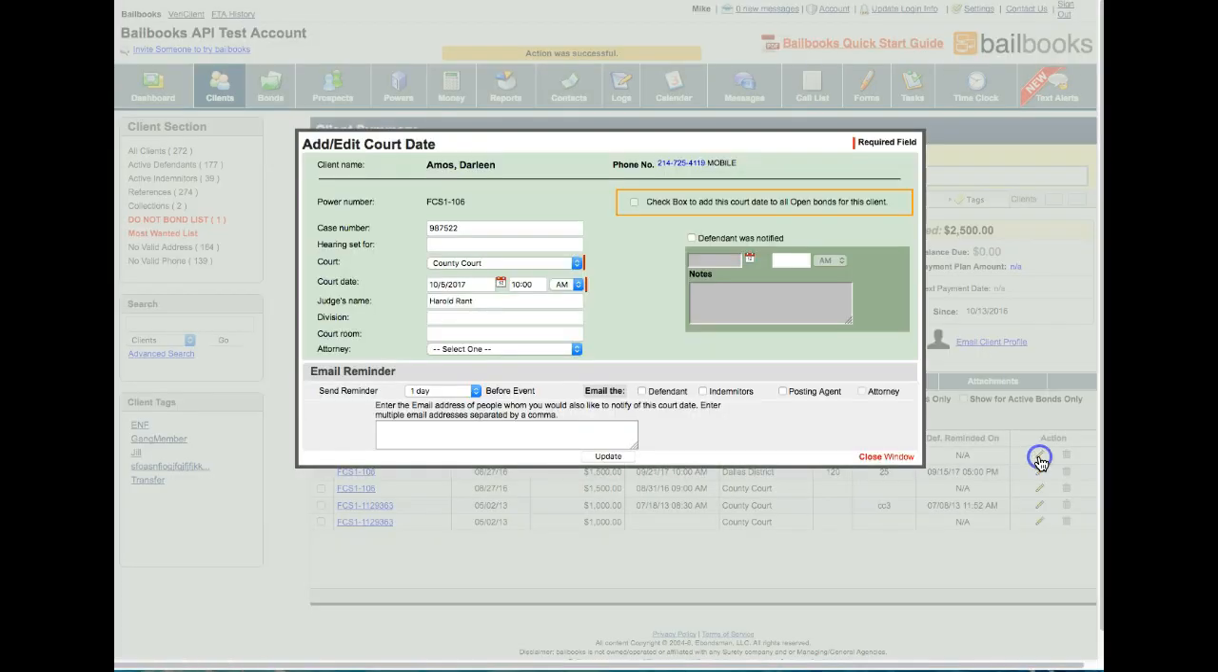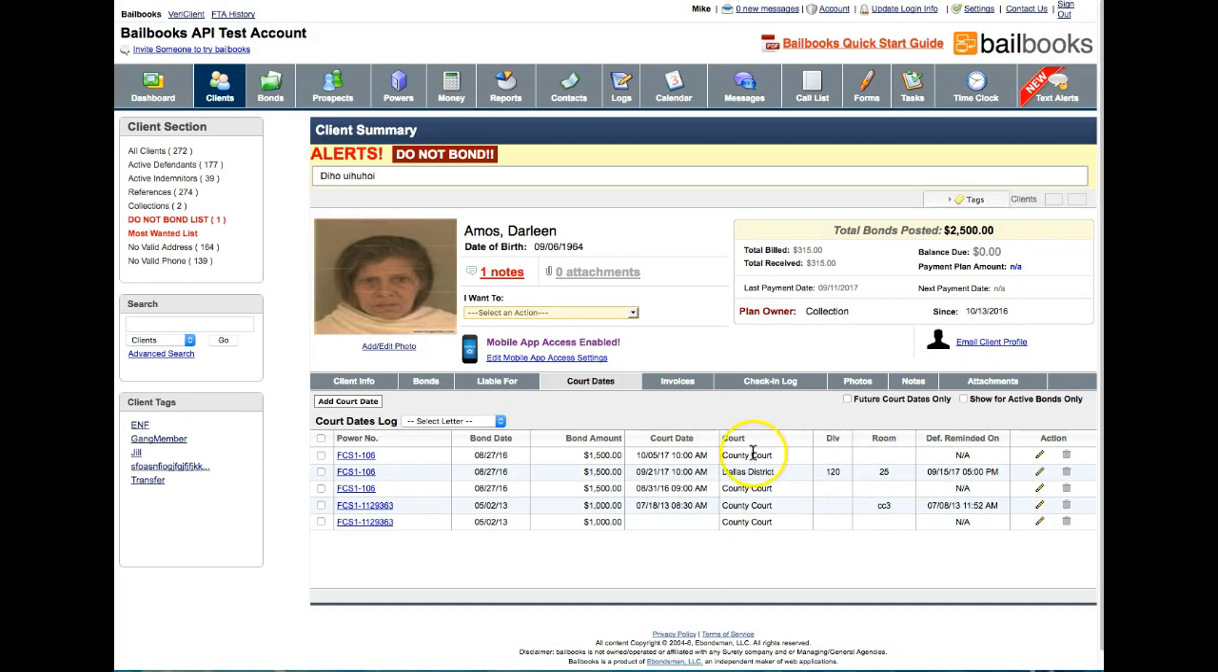So I can click on the pencil, and I can see the information that I just entered. I said that she has court on 10/5 at 10 o'clock. Judge's name is Harold Rant. So I can go ahead and close that, and that is